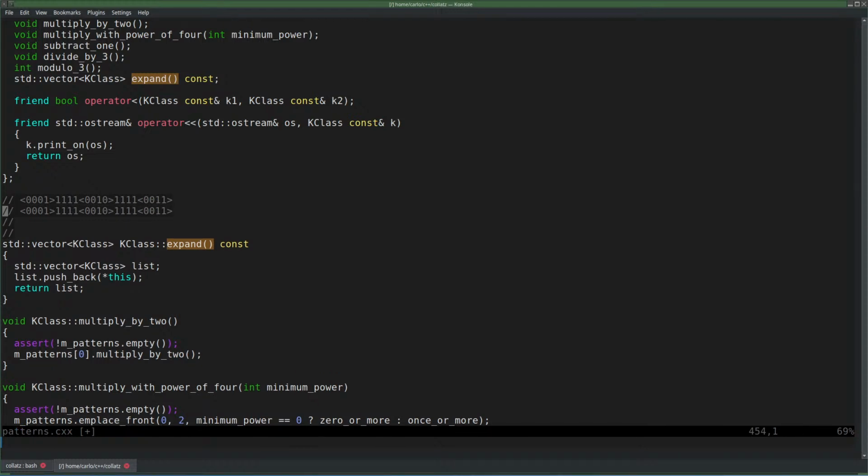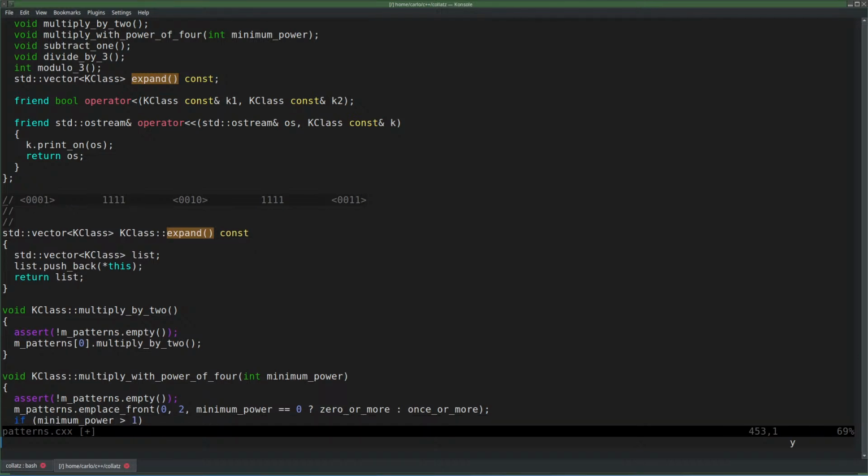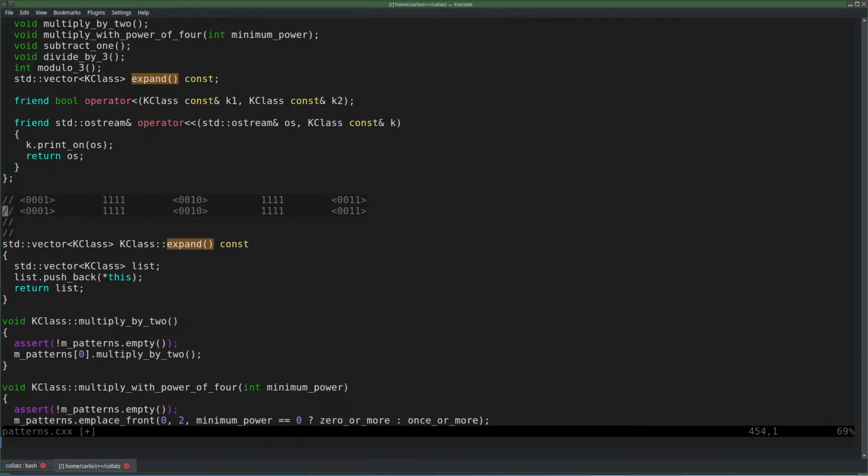So we have this separated. And then each pattern is, let's